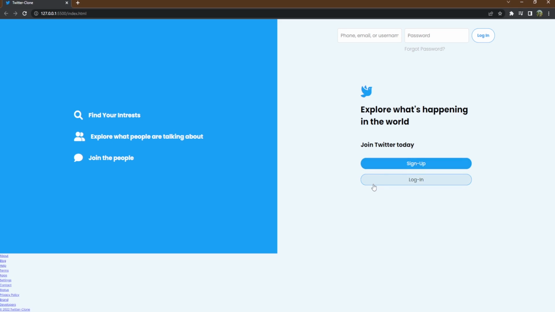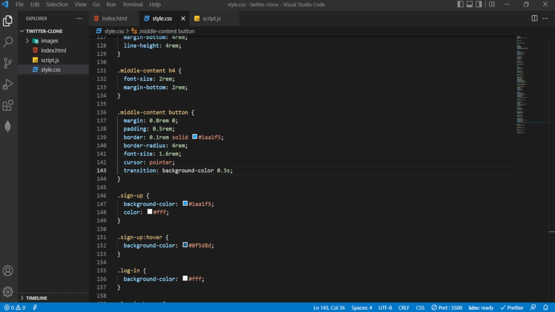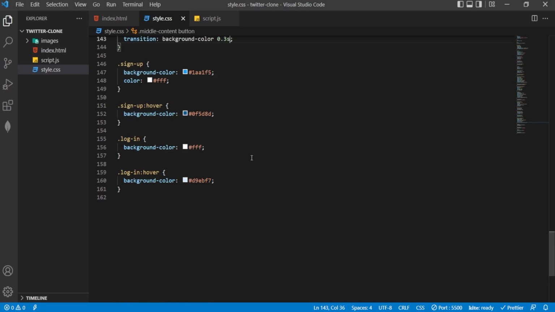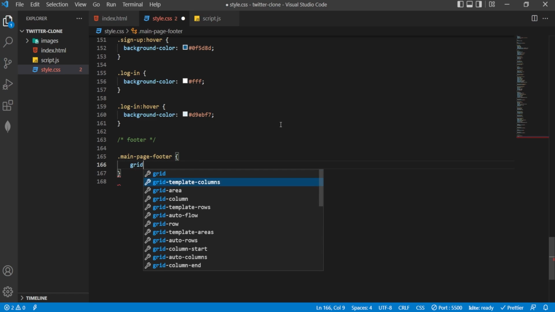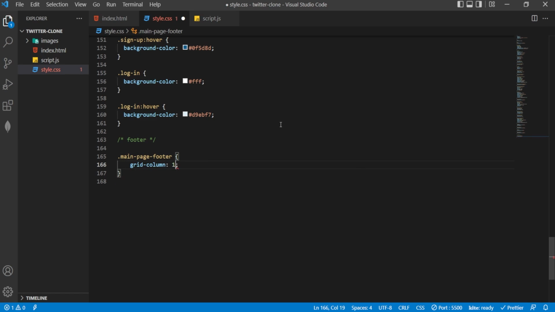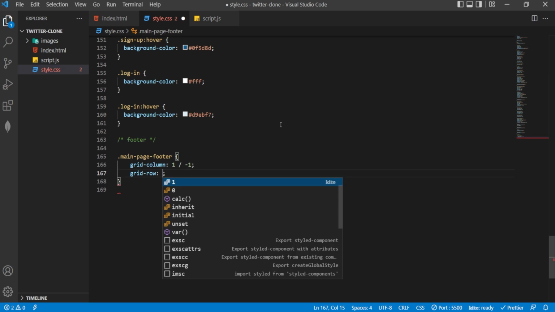Now the only part we have to customize is the footer. So let's do this. Come back to code and go down, give a footer comment, and now let's select the class main page footer. So in here we will change the grid column 1 minus 1, and then change the grid row 2 minus 1,